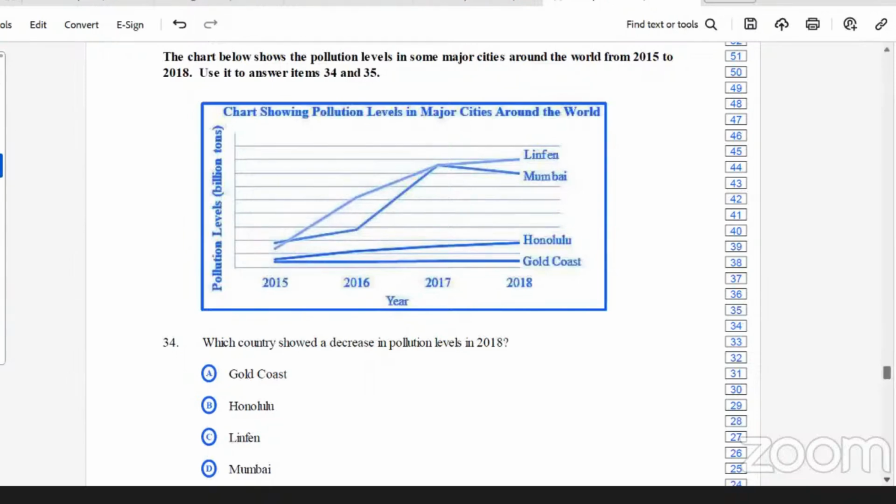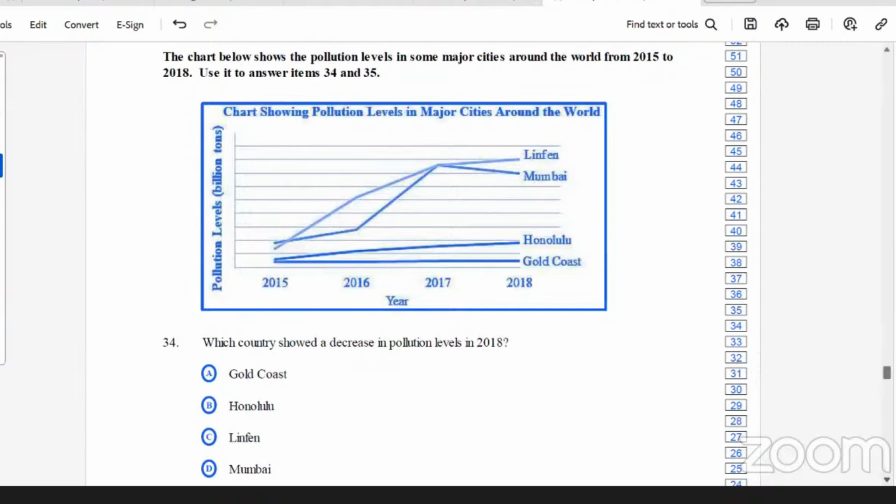And then, of course, at the bottom, we have the different years. So 34 says, which country showed a decrease in population levels in 2018? So let's look at 2018. Well, of course, in order to see what a decrease would have been, we have to compare it with where it was in 2017, at least. So at 2017, we can look at the